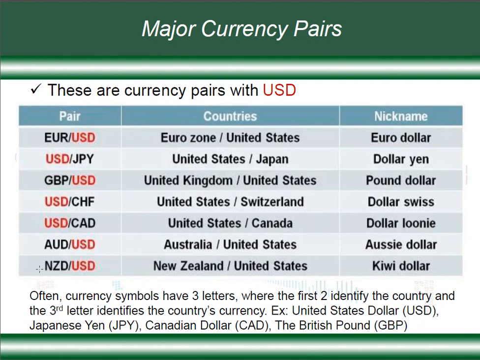This is the New Zealand dollar, NZD, versus the American dollar. So we say Kiwi dollar. NZD is also known as Kiwi. These are nicknames, yeah? The USD is the dollar. The euro is euro. The CHF is the Swiss. The NZD is the Kiwi. The AUD is the Aussie. And the Canadian dollar is the loonie.